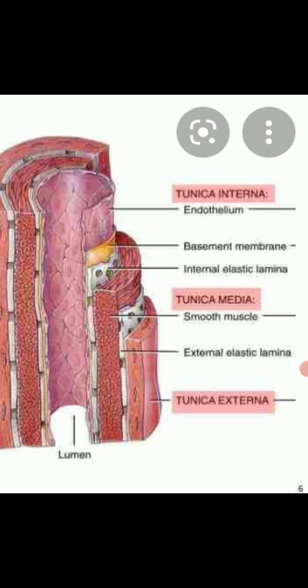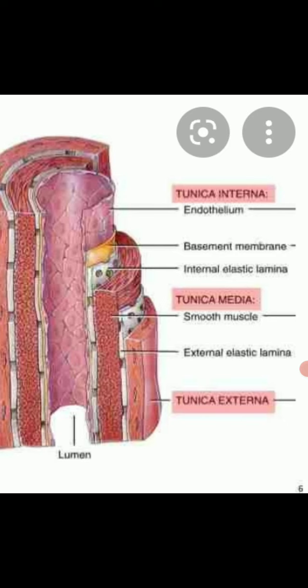Tunica intima is made up of three layers. They are endothelium, that is a simple squamous epithelium and its basement membrane, of course, and subendothelial connective tissue, that is a connective tissue which glues the endothelium to the underlying tissue, is called as subendothelial connective tissue. Then a wavy layer called as internal elastic lamina, which allows the blood vessel to expand without breaking,